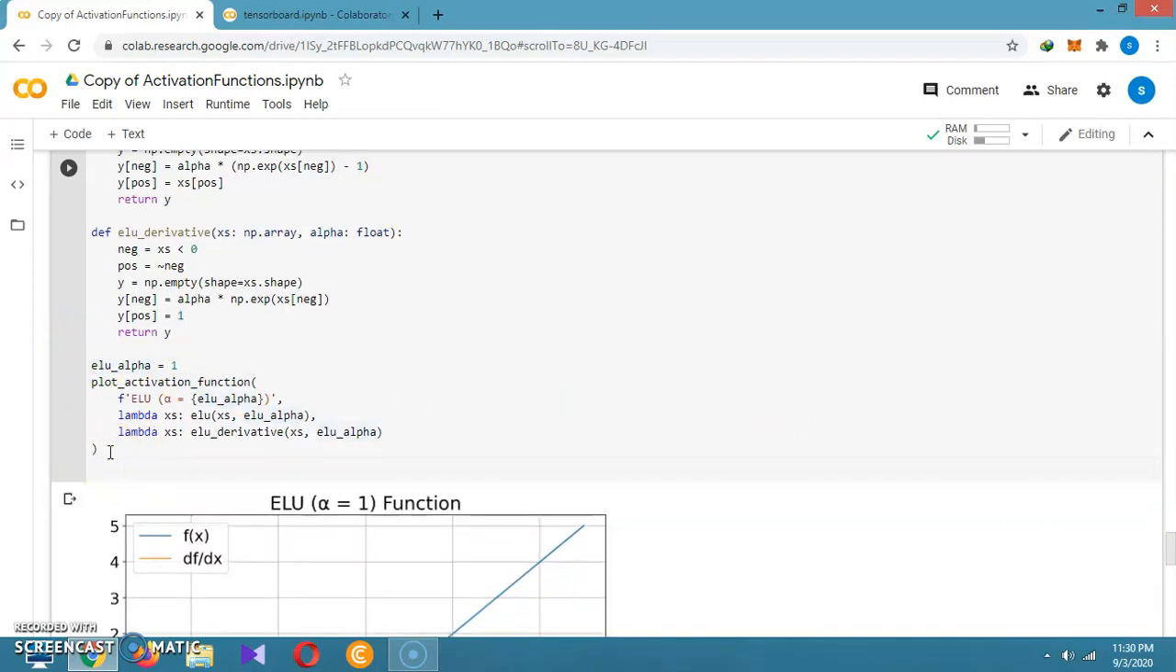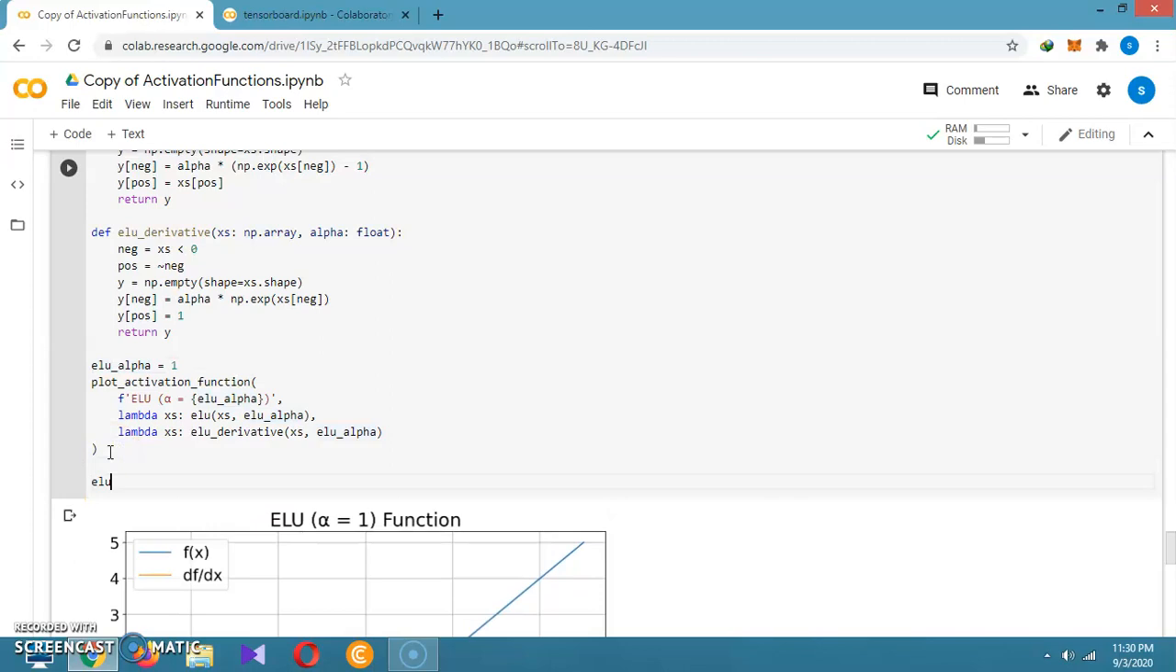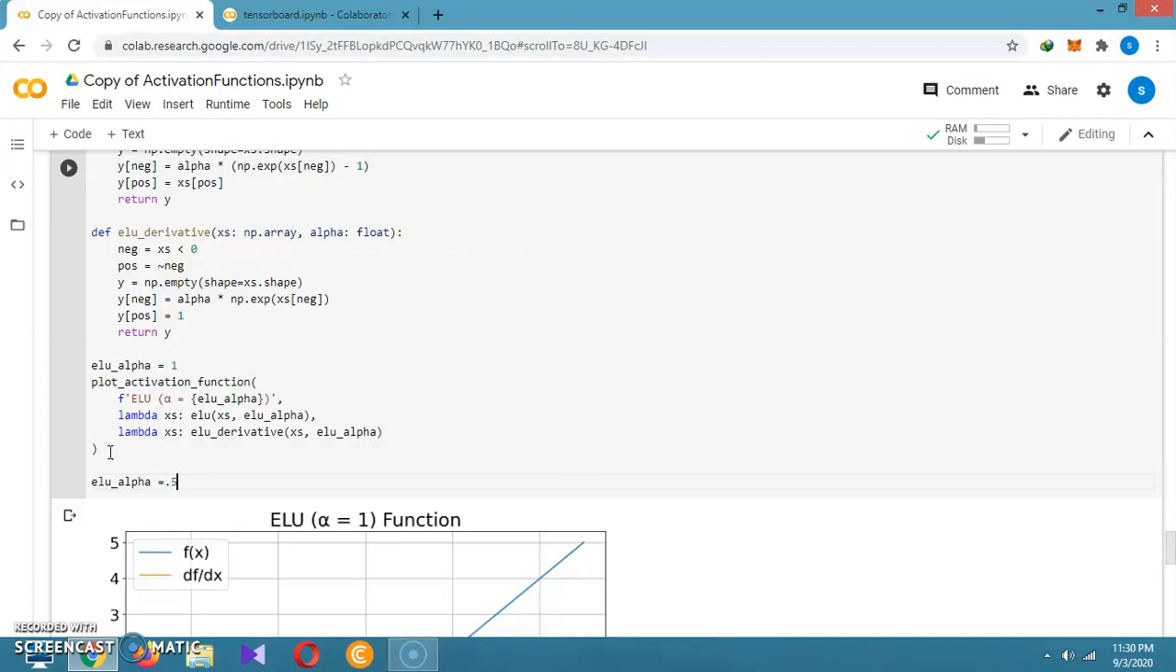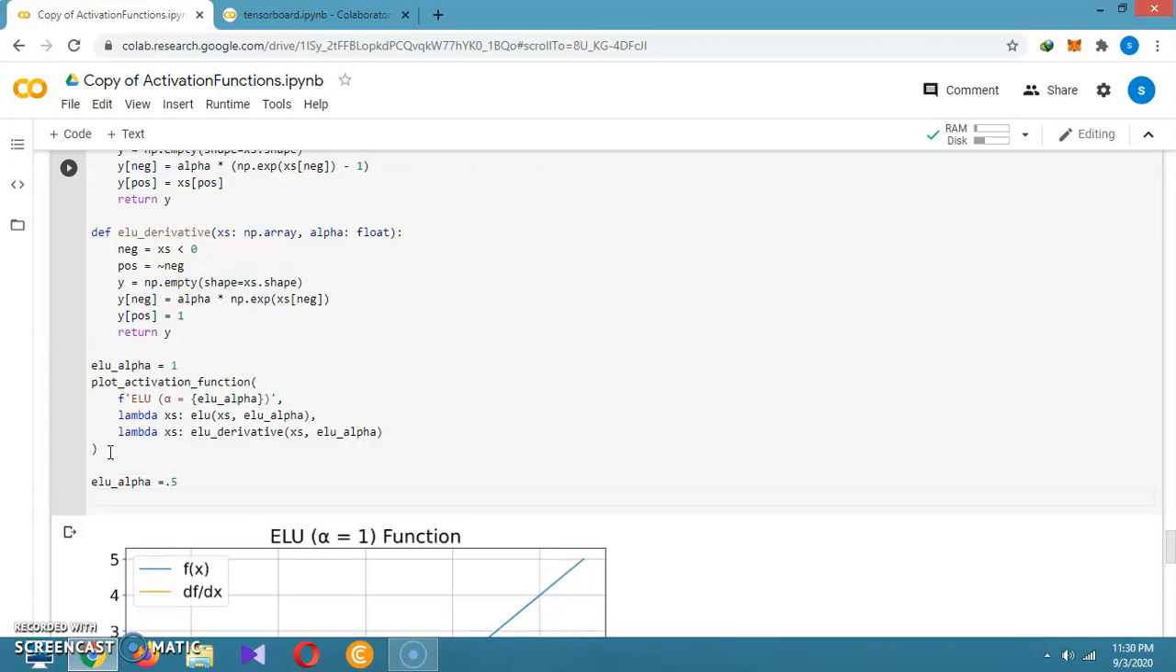If we are trying to plot the same thing, instead of copying this code, we define lu_alpha equal to 0.5, and right now we plot the activation. It will be given by my head already. Right now we have to pass two arguments